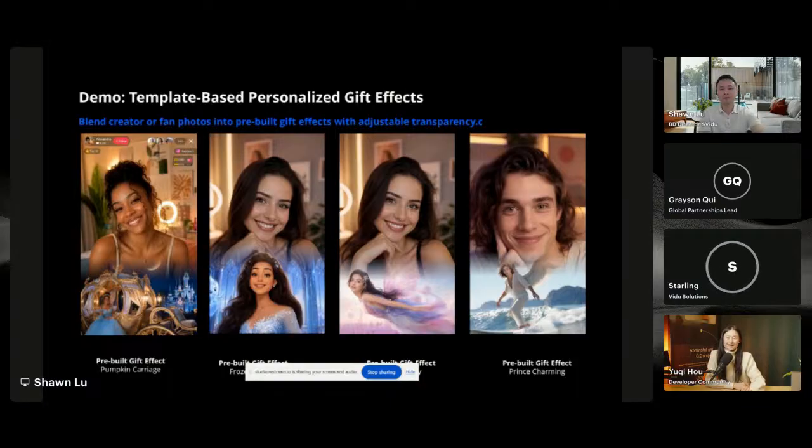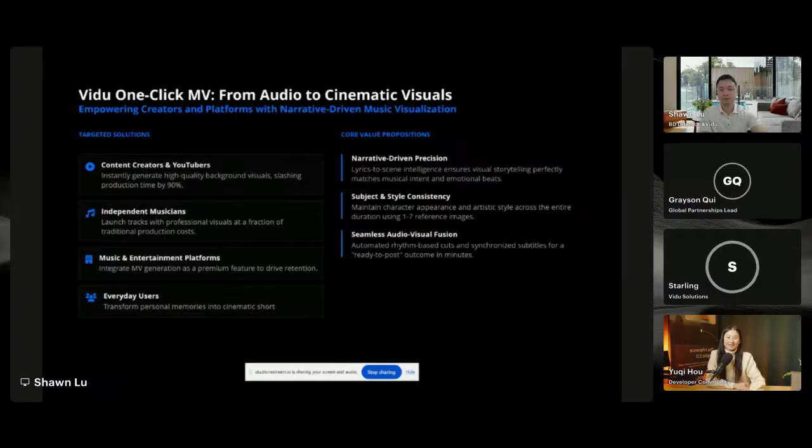The next use case is about using video to make some MV, especially in the States. I noticed we have a lot of creators and a lot of independent musicians. The idea of using AI to make MV video is to drive the emotion and also express the feeling, express the song in a better way with visualization.